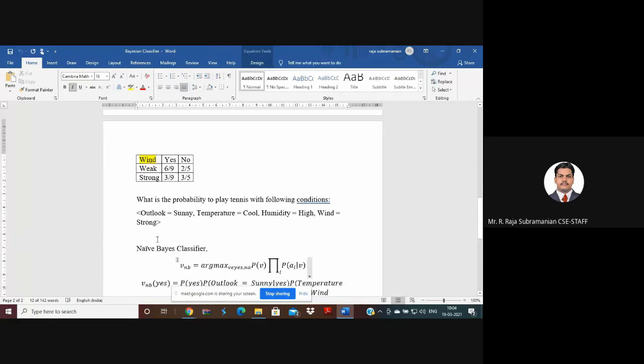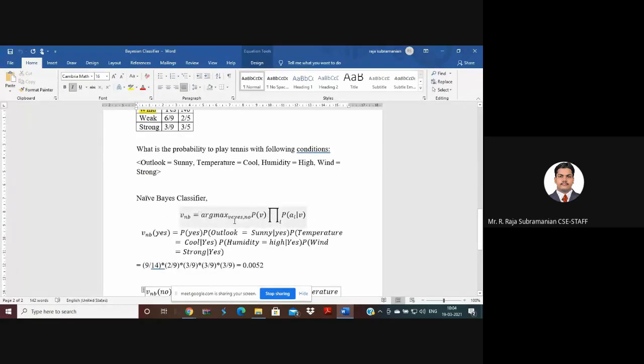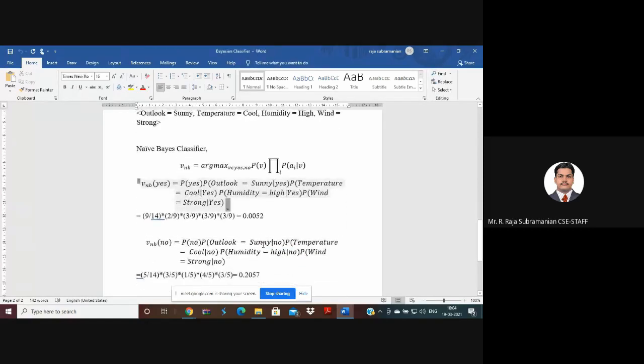And the formula for Bayes is V_NB equal to argmax of V belonging to yes or no. I'm having two output labels, one is yes and the other is no. I'm having the total probability, that is P(V = yes) or P(V = no), into the product of all individual conditional probabilities. So all the degree one probabilities I'm going to take and multiply them all together. So this is actually the probability of yes. Similarly, I'll take the probability of no, with each of the individual probabilities multiplied into the negative probability. Then I'll take the argument max, where I have two arguments: one is the yes argument,